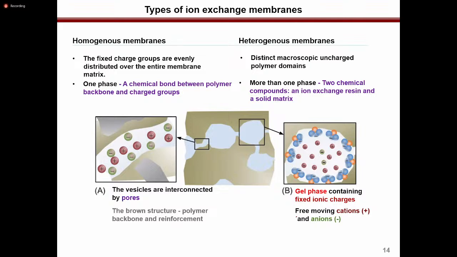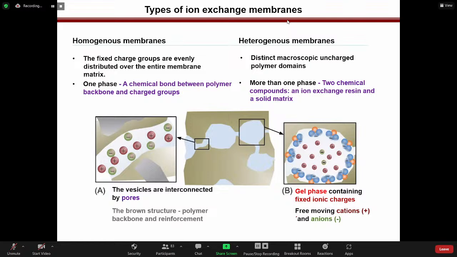For others, the heterogeneous ion exchange membranes are important. The homogeneous ion exchange membranes are the membranes where the fixed charge groups that I showed you previously, that give the functionality to the membrane, are evenly distributed in the polymer structure. So it means that there is one phase between the polymer backbone and the charge group. So it's like homogeneous. But if you go to the heterogeneous type of membranes, the ion exchange groups are just distributed in the polymer backbone